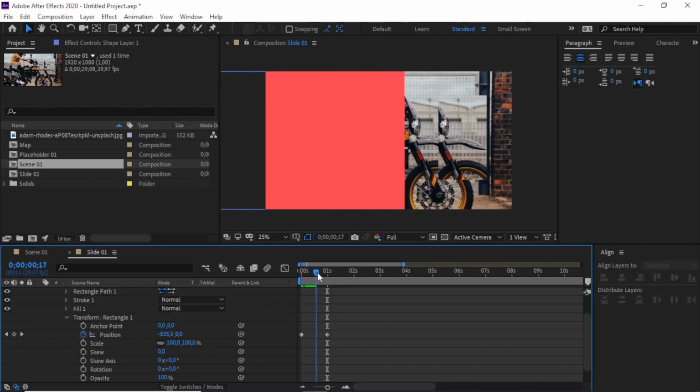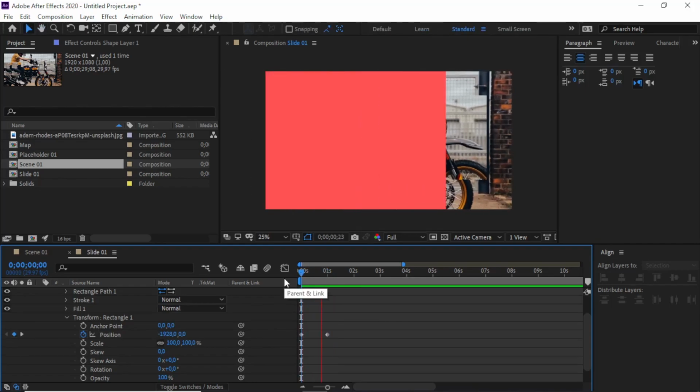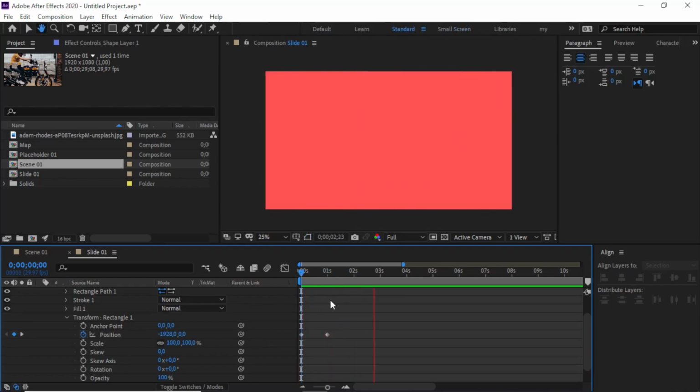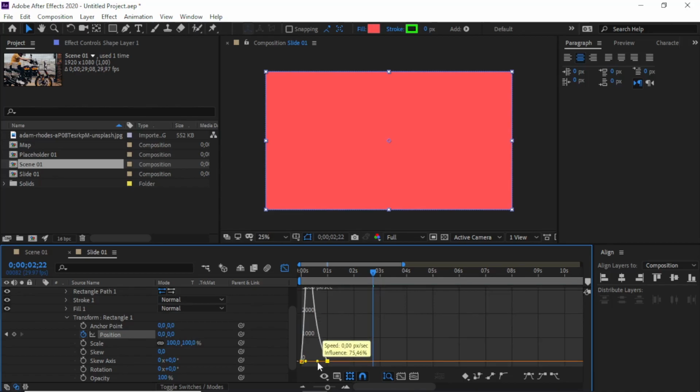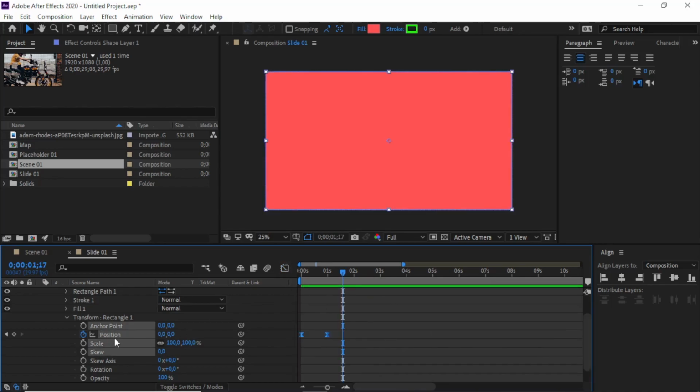So we will move like this. I think it's pretty good. And now easy is again, play the grab like this, and then